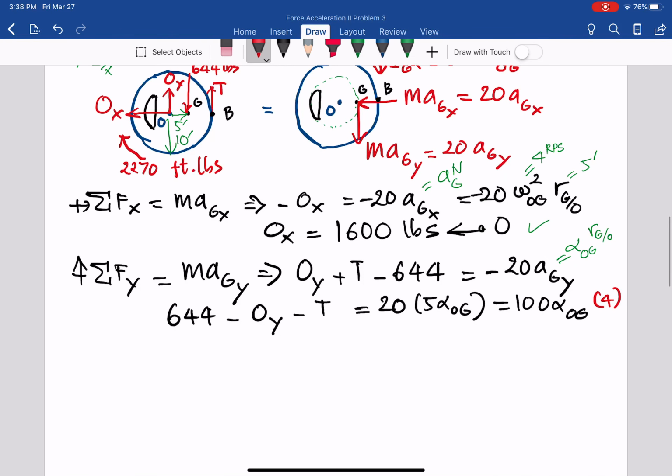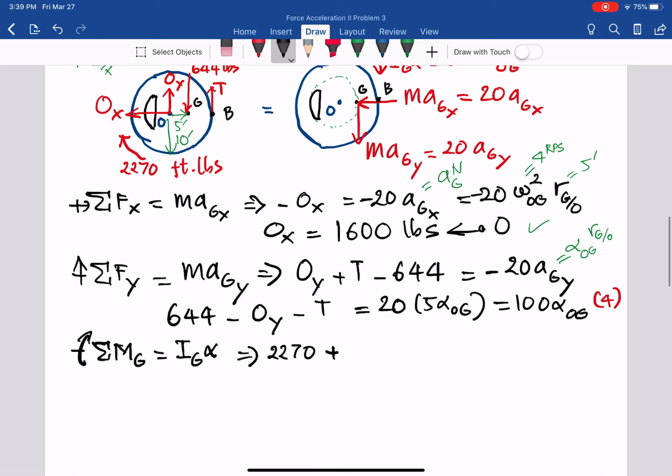Okay. And then we have another equation, moment. And by the way, if you go to the solution in PDF, we take moment about point O, the center. But here, I take moment about point G, assume clockwise positive, and equal to IG alpha. So from here, we can have the couple on the right side, 2270 positive. OX goes through G, so it's 0. OY, so it happens to be plus,